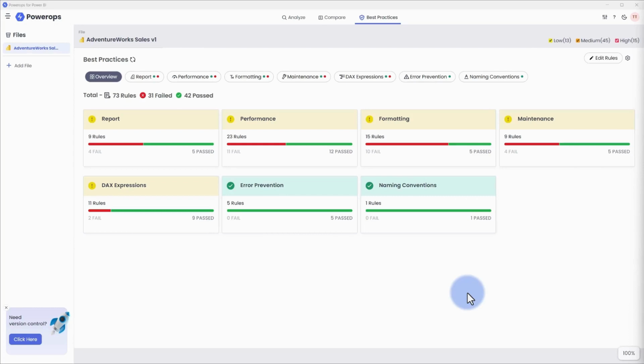Powerops automatically evaluates the best practices for both the report and model layers using industry standard best practices. This will help you to build better quality reports and models. In the overview section, you can see the total number of rules and how many of them have failed